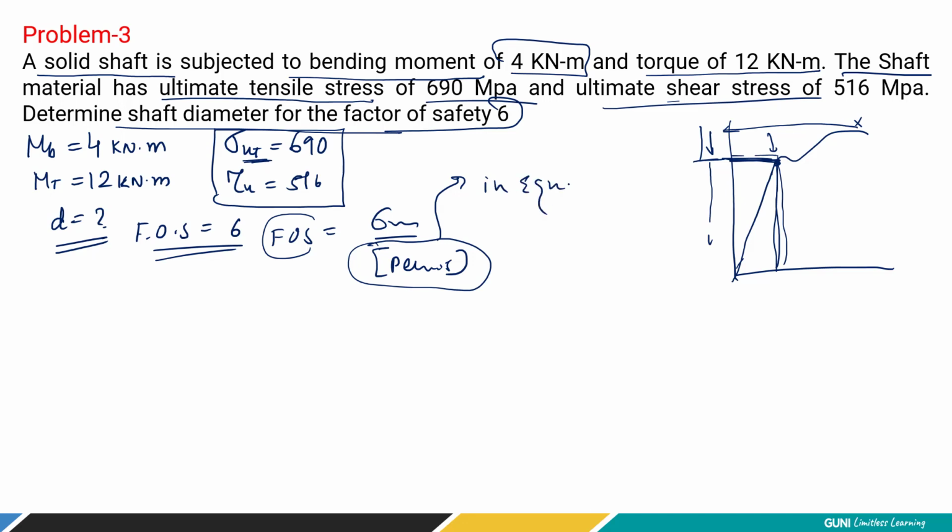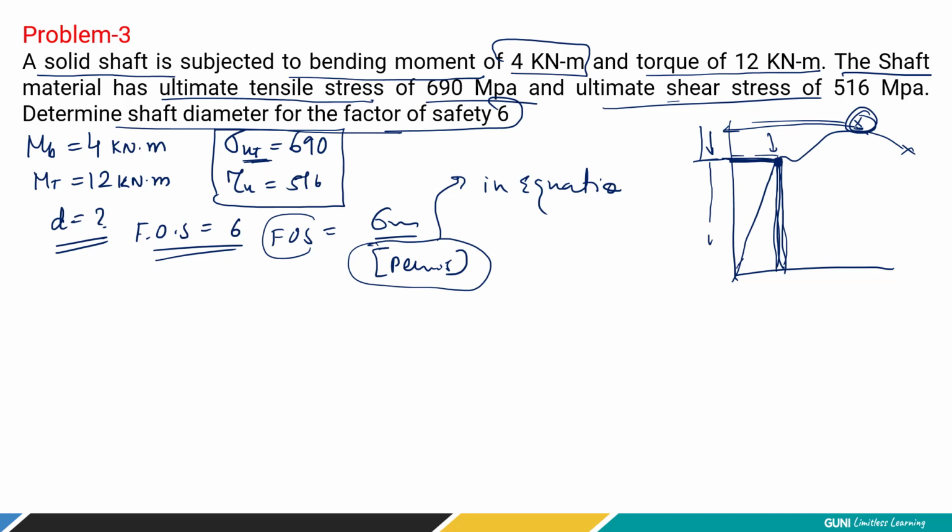We cannot use the ultimate stress in the equation because that is a maximum value, right? If you consider that, the diameter of shaft required is tremendous, we cannot afford to go to that level. We cannot wait for the shaft to form a crack and break in pieces, right? That is where the ultimate stress comes; after that, it is going to break. So we are not designing by keeping ultimate stress in mind. We simply design the component by taking the yield limit, or the elastic limit ultimately, right?